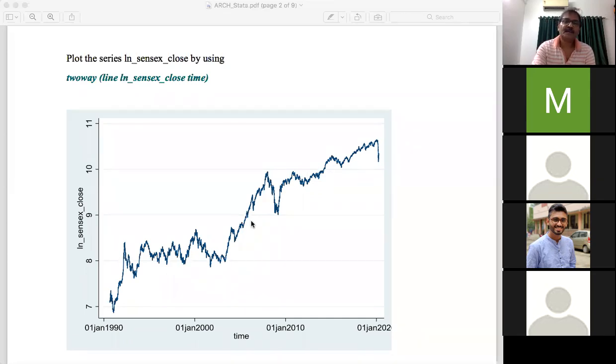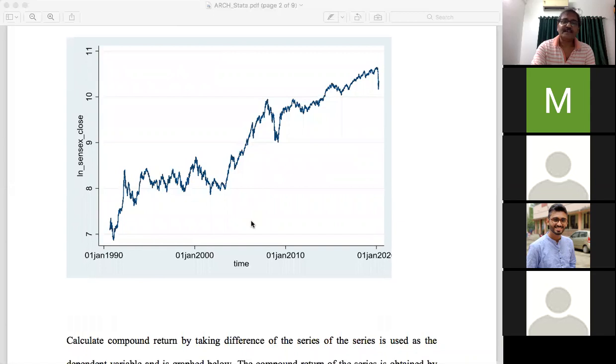Now, let us construct the return. The return variable is not provided in the data set, so you have to construct it. How to construct the return variable? I have already mentioned: return can be obtained by taking the first difference of the stock price. The sensitivity index is a representative of the stock price.